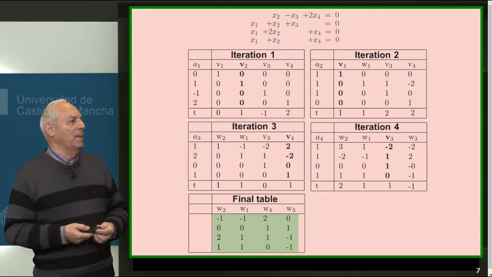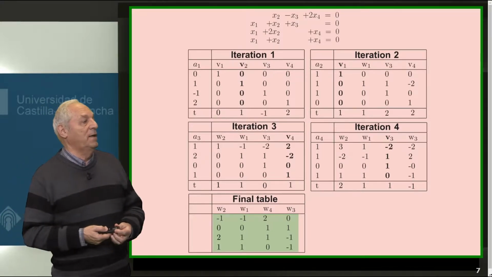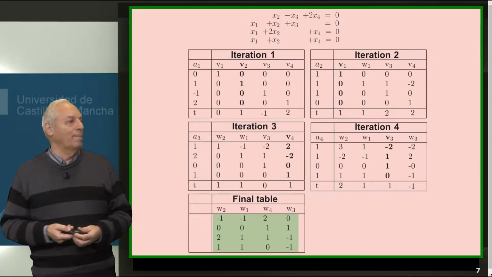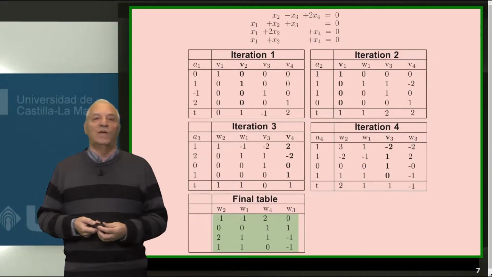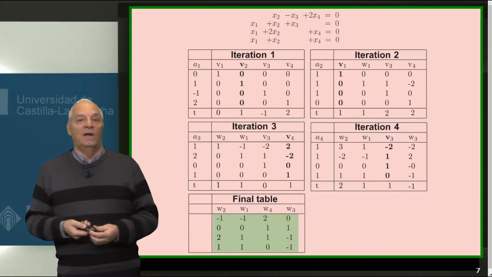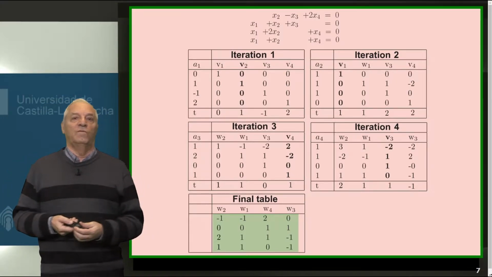Let's see an example. Imagine that you have the system that appears in the transparency above. It is a system of 4 equations with 4 unknowns, so what we have to do, as we have already seen in the previous transparency, is to calculate the orthogonal space to the subspace generated by the vectors of the